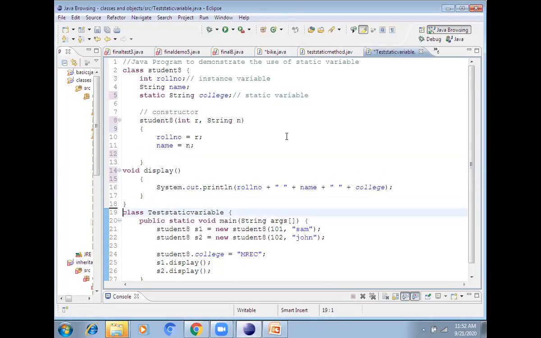Now it is visible, no? Now you tell me the output. Tell me the output, one of you.